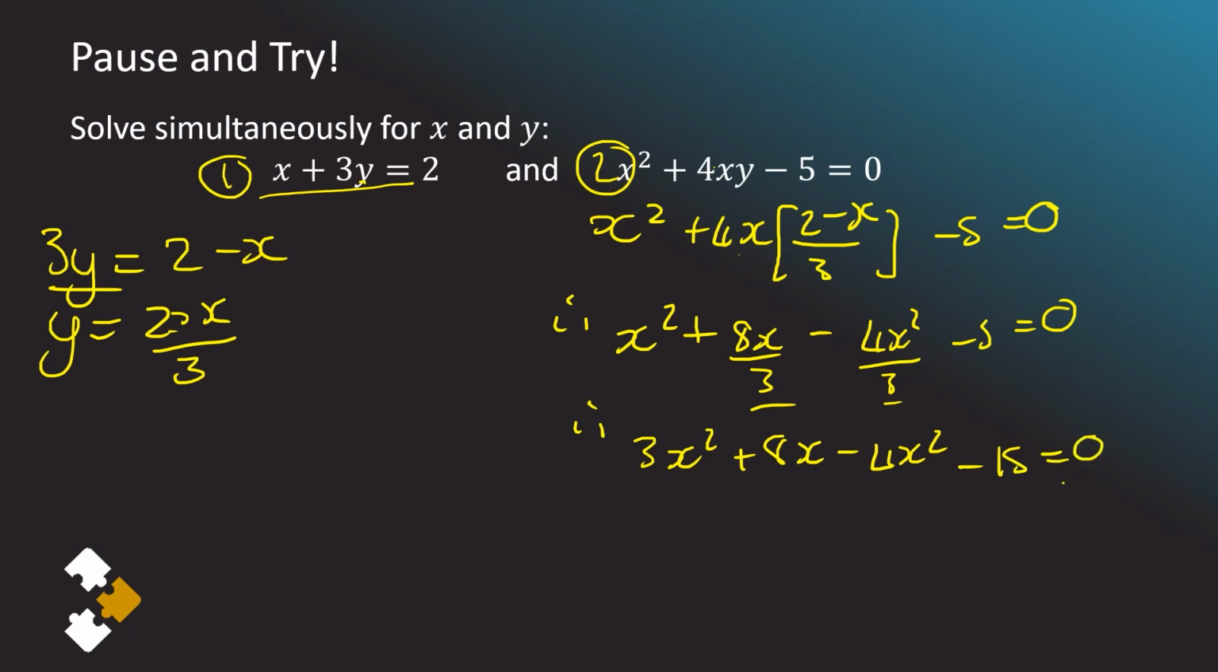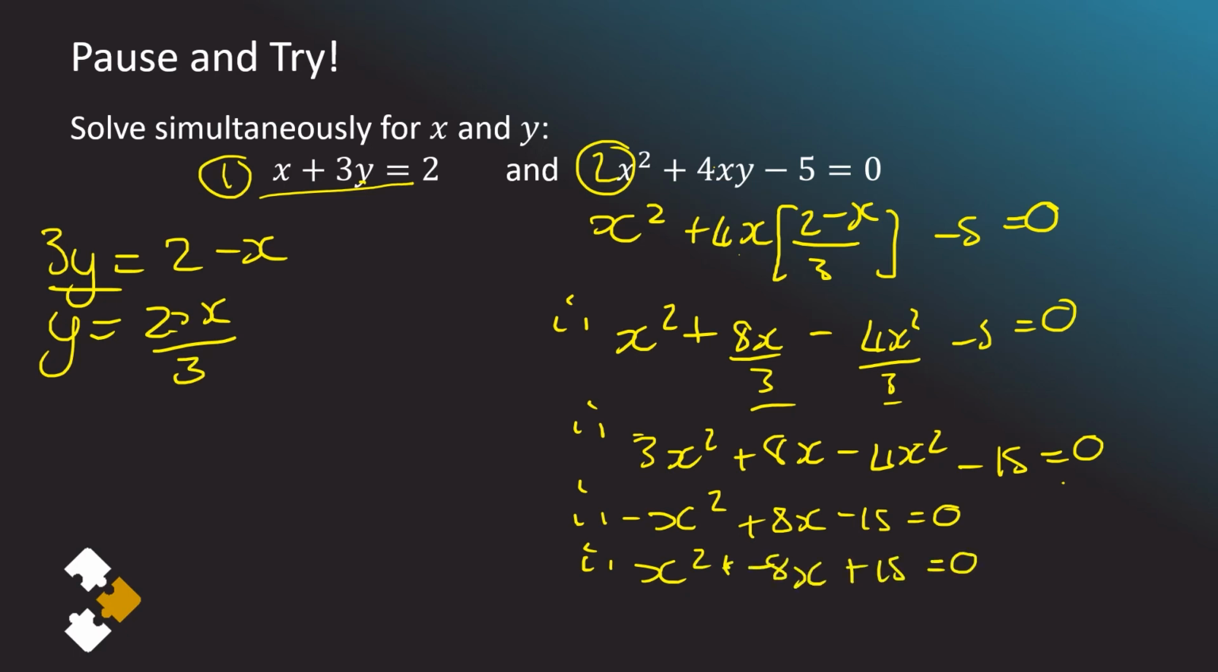I'm going to further simplify this equation by adding our two x squared values. Therefore, our final equation is going to be negative x squared plus 8x minus 15 is equal to 0. We're going to factorize that out first by dividing through by the negative. We're going to say that is x squared minus 8x plus 15 is equal to 0. Therefore,